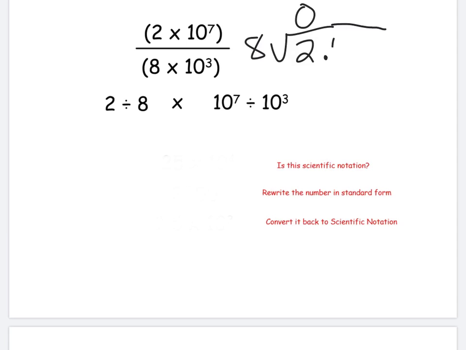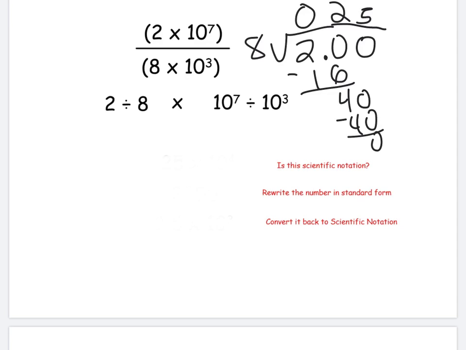Then I have to add a decimal and a 0. 8 goes into 20 twice, because 8 times 2 is 16. I subtract 20 minus 16 and I get 4. I'm still not done because I have a remainder, so I have to add another 0, bring it down, and then I'm looking at 8 going into 40. 8 goes into 40 evenly 5 times, because 8 times 5 is 40, so then there's nothing left. So my decimal part of my answer, right, because I have my decimal I had to add, is 25 hundredths. And it's going to be multiplied by